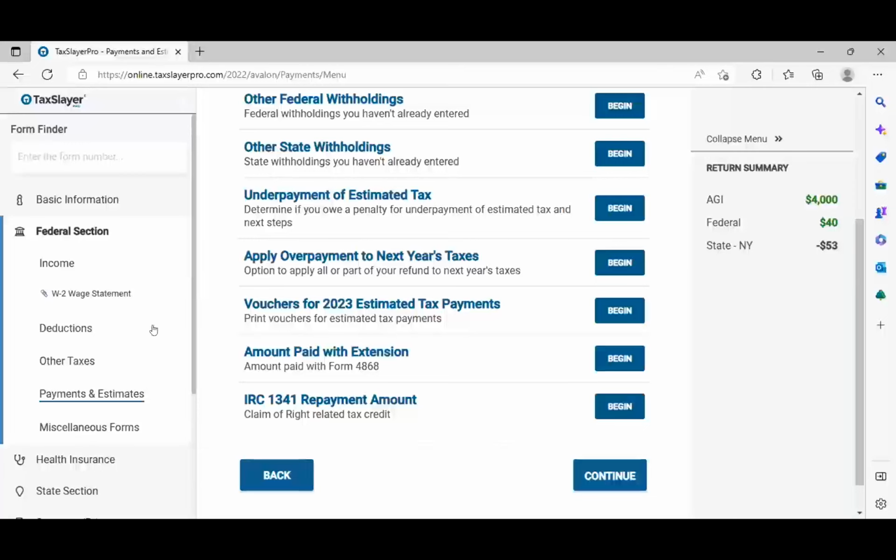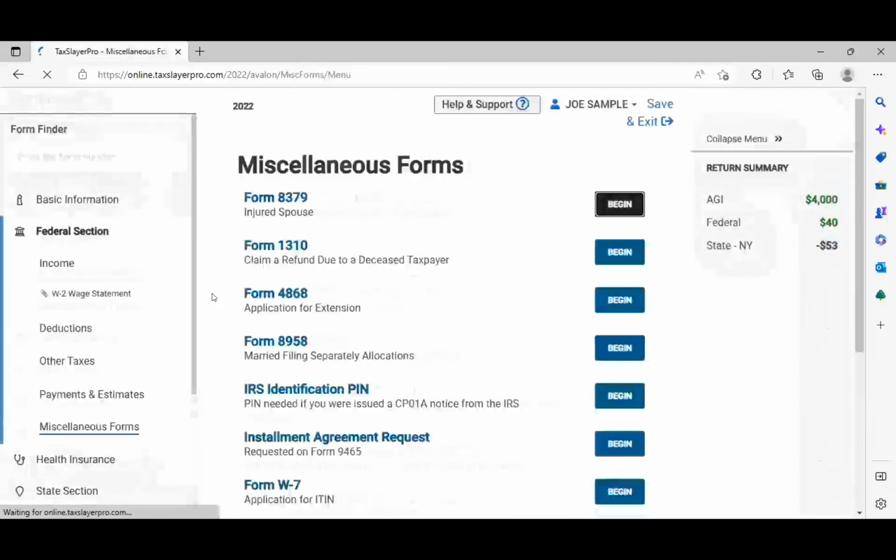Okay? What else? Miscellaneous forms. Unusual forms that you might have to fill out. Well, once again, 4868 is listed here. 1310 is for the deceased taxpayer. You might be filing a return for somebody's father who passed away. They're required to file a final return based on income they might have earned in 2022, and then he passed away in 2022. You might have to file this form to claim a refund